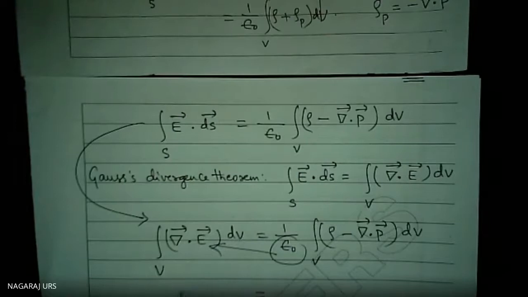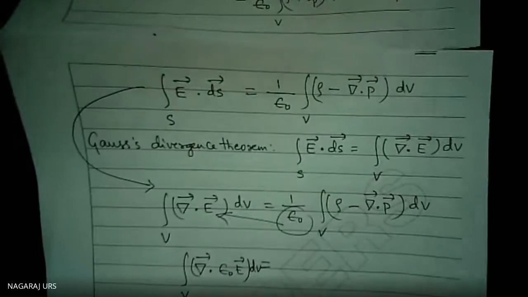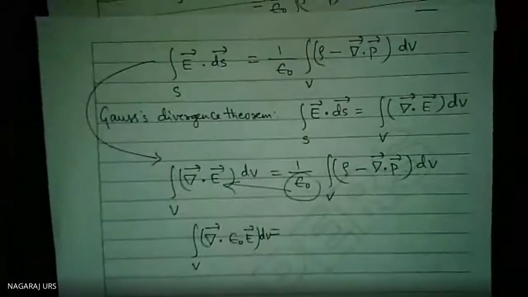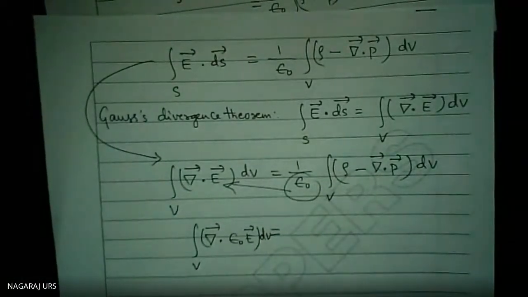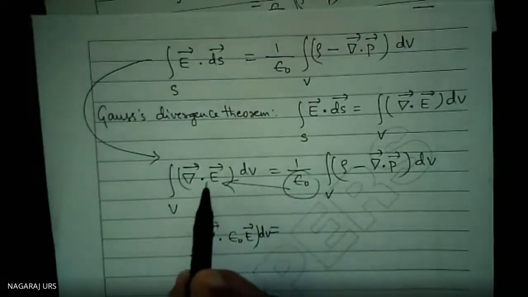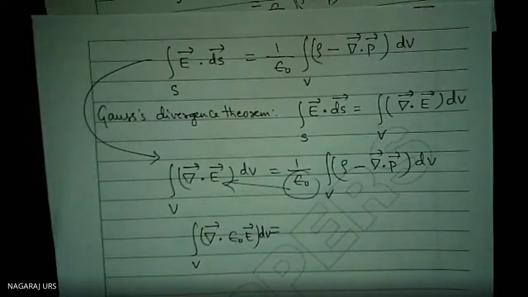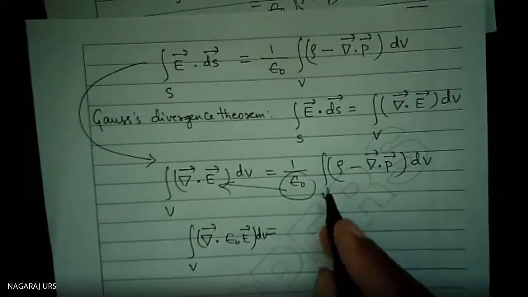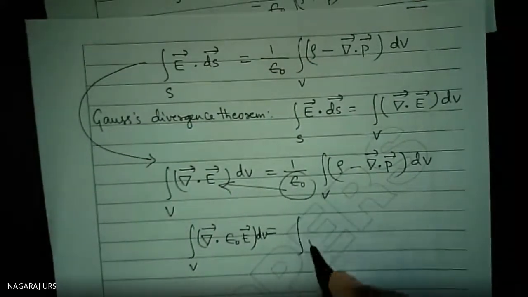Therefore, I can write the integration over V of del dot epsilon naught into E into dV. This epsilon naught I have taken here is equal to the remaining thing here, integration of